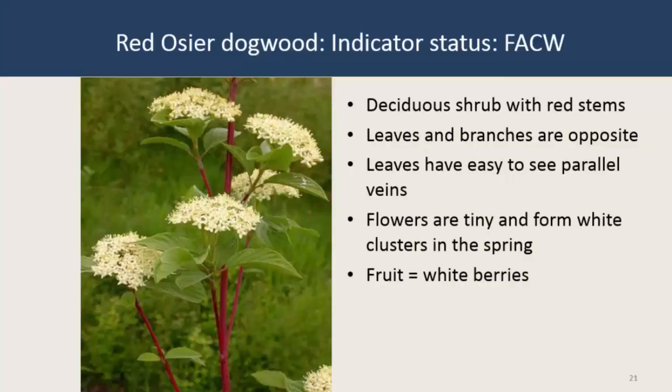Red osier dogwood is a common riparian and wetland plant in eastern Washington and one of the easiest to identify. That is because there are so many clues that you can easily see to tell you what it is. First, the beautiful intense red bark. Second, the twigs and branches come off the main stems 2 at a time and exactly opposite each other. Third, the white flowers turn into tiny white fruits later on in the season.